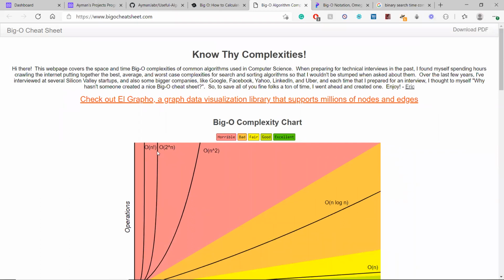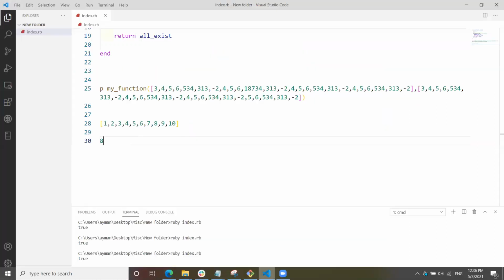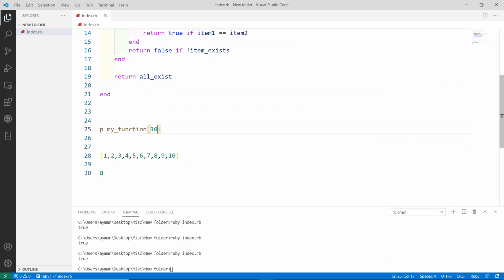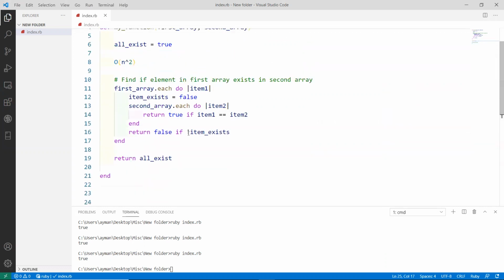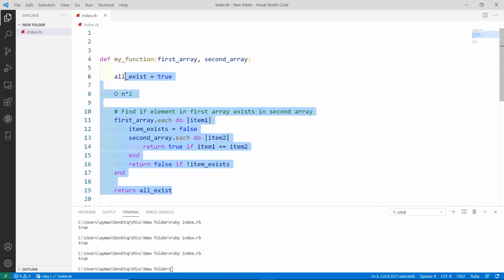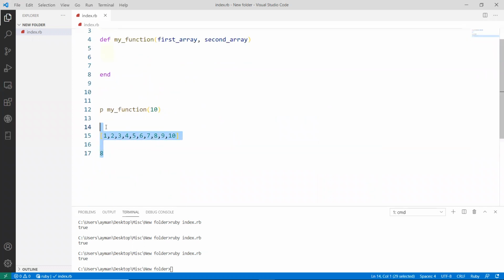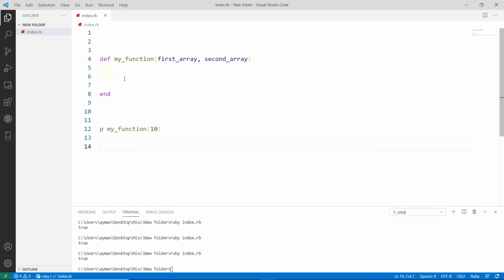Recursion depends on the type of recursion, but a basic recursion is O of n, isn't it? Like if I was to output, say, print my function. For example, a Fibonacci recursion. Say, for example, I wanted to print out the numbers 10, 9, 8, 7 like this. I could say